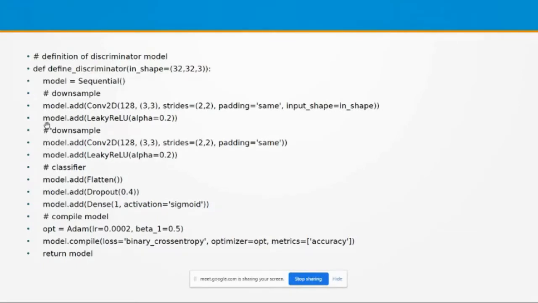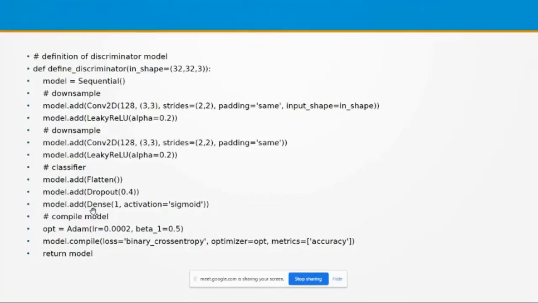Then, as a result of these two downsampling operations, we generate some features from the input image. And these features are given to the deep neural network. For that, model.add Flatten. Then model.add Dropout 0.4, so some unwanted neurons can be eliminated from the classification operation.